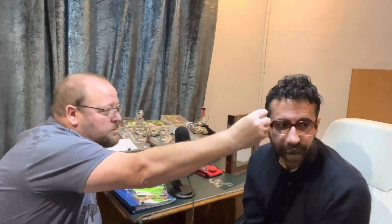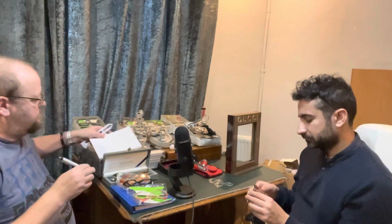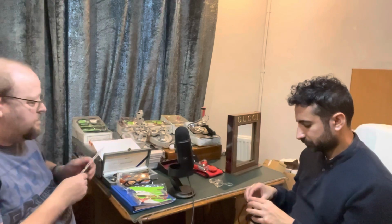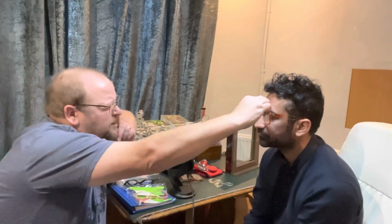I also want to just measure the length to bend on the side. So if you can put them on, and if you turn your head, and I'm just going to have a look now for the length to bend. Thank you. That's 120. That's excellent. So that's your pair for your bifocals. If you want to put these on for me. I am going to do the same measurements again, although the pupil distance measurement I didn't really need to do again, but I will. So if you look at my finger again,